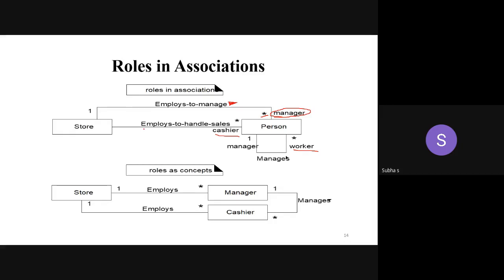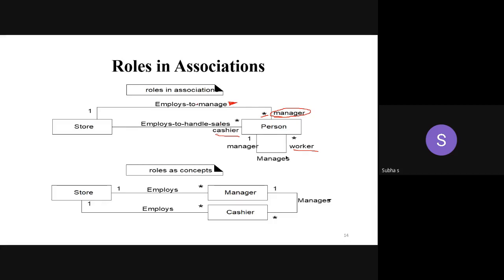Who will handle the sales? Not the sweeper, not the worker or manager. Especially whose role? It is the role of the cashier. So at this stage, you can mention the role as cashier, because for this verb, for this action, cashier is playing that particular role. Employs to handle sales. Who is employed to handle the sales? Cashier is employed.